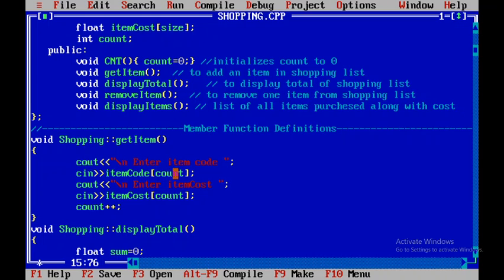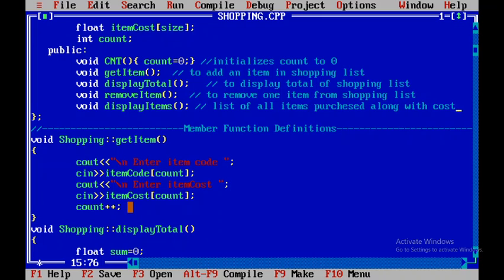Similarly, as the count value is 0, when we are going to enter atom cost, here cin atom cost in bracket again count 0. That means here we are going to enter our first atom in the shopping list with atom code of 0, atom cost of 0, and later count will get increased by 1, so count plus plus.